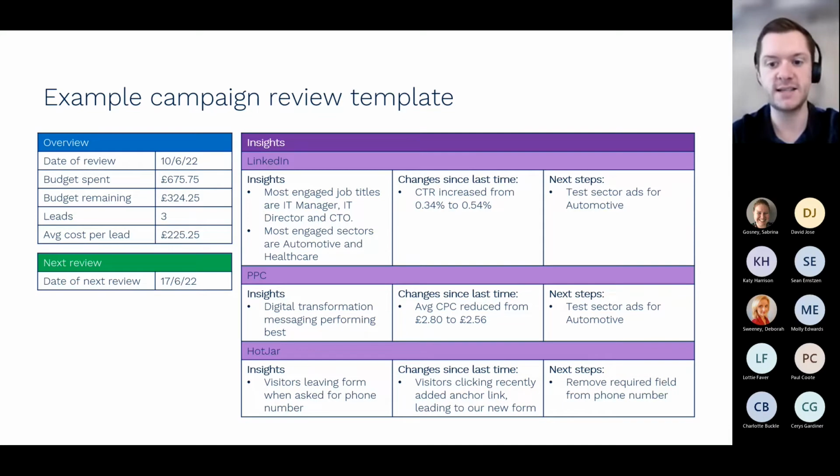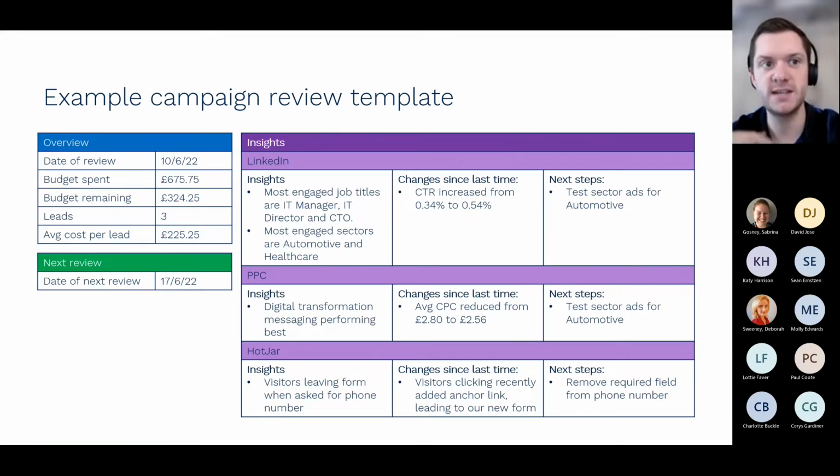How do we be more personalized, and how do we be more specific to this audience? Let's just test some sector ads. So let's focus on pictures of cars, pictures of anything that we think is going to be a lot more relevant. And how do we bring in that sort of messaging into the copy as well? So, you know, we have experience dealing with IT managers in the automotive industry. If you're looking at finding a new IT partner, why don't you get in touch? Those sort of messages.